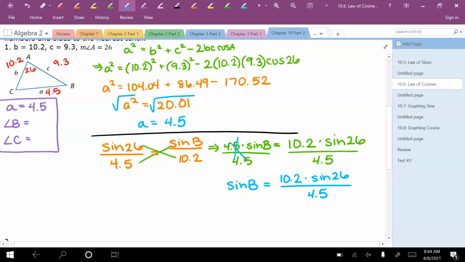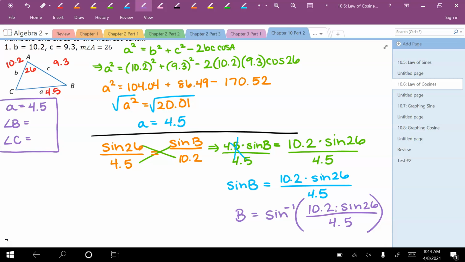To find b, we actually need to do the inverse function. So we have to take sine to the -1 of this fraction here. That 10.2 times sine of 26 over 4.5. So what I would suggest to you to make your calculating easier, I would do the 10.2 times the sine of 26. So I'm just going to multiply those. Then I would divide that by 4.5. So you're going to take that decimal and divide by 4.5. When you do that, you get